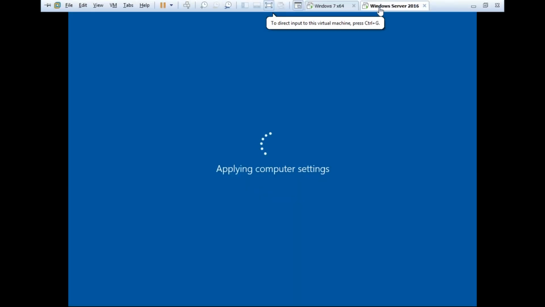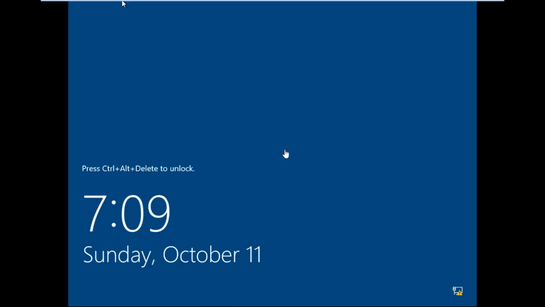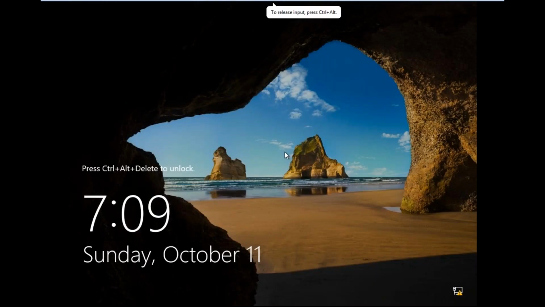Now go to the server side. The first time it will take time because it is going to set all the domain policies, domain controller policies, security policies. So now log into the domain controller.